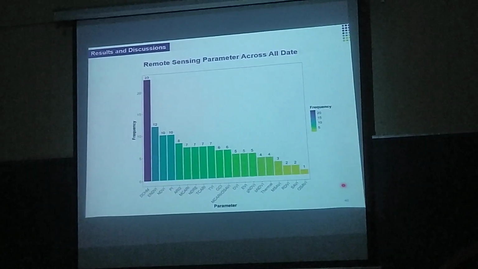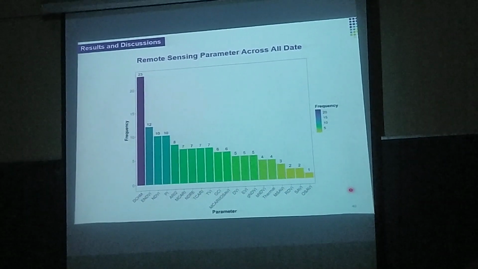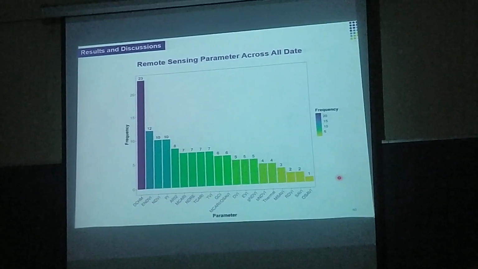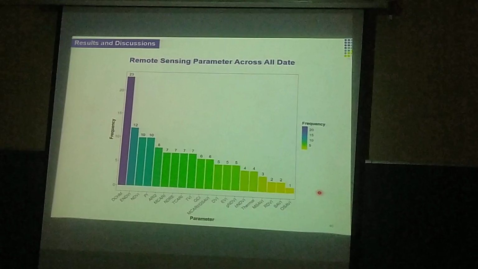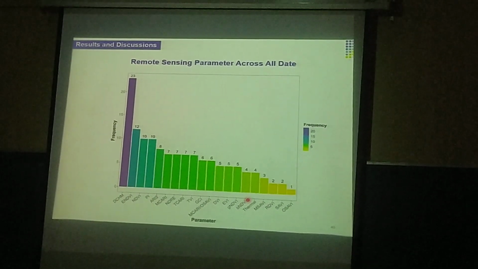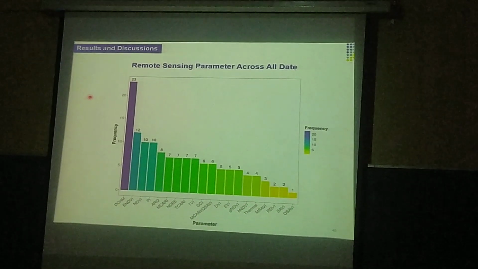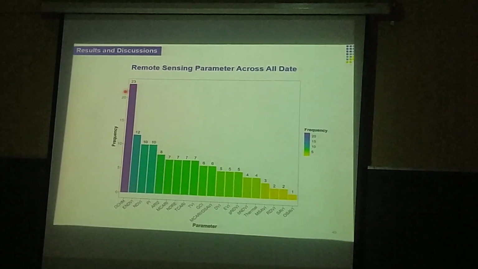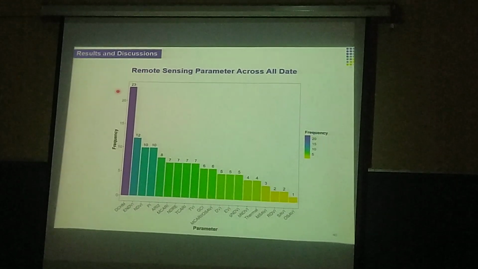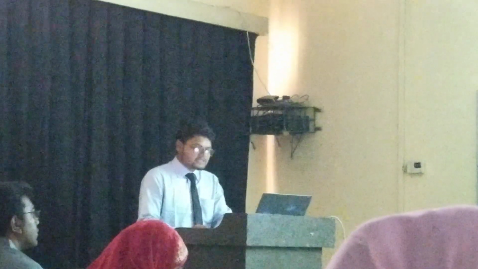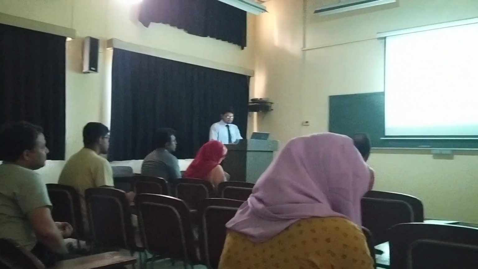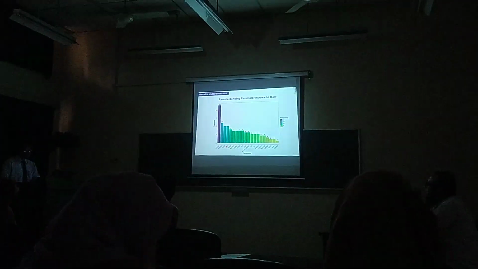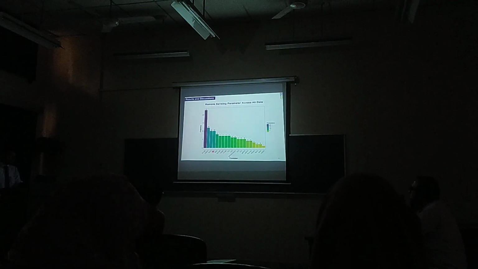We have run 5 models for 6 dates, a total of 30 times, and we have calculated the frequencies of the parameters used in the models date-wise. In this bar graph, we can see that out of 30 times, 23 times DCHM, which is the digital canopy height model, has been selected as a predictor, followed by the ENDVI 12 times and NDVI 10 times. So these are the top 3 remote sensing parameters for the remote sensing cotton yield prediction models.